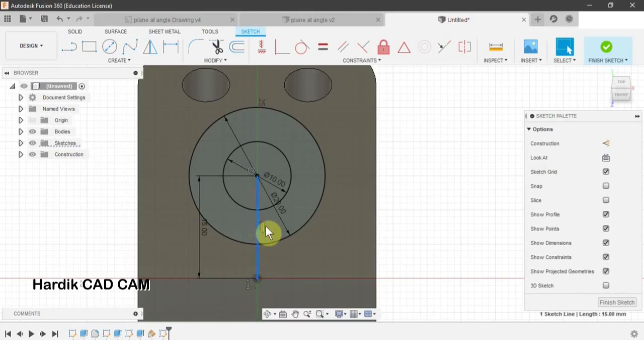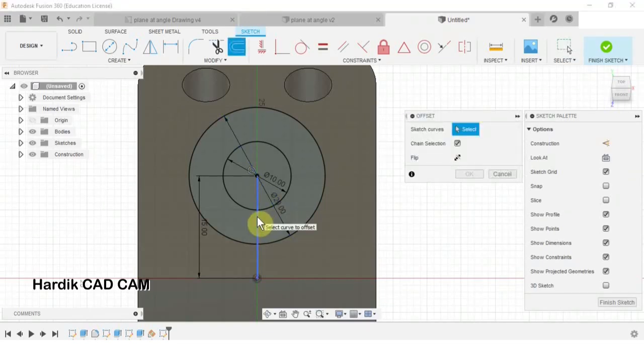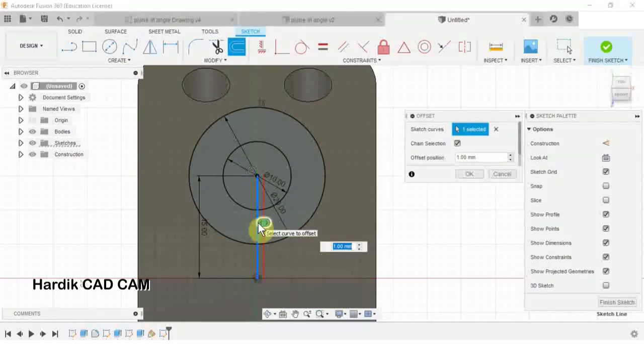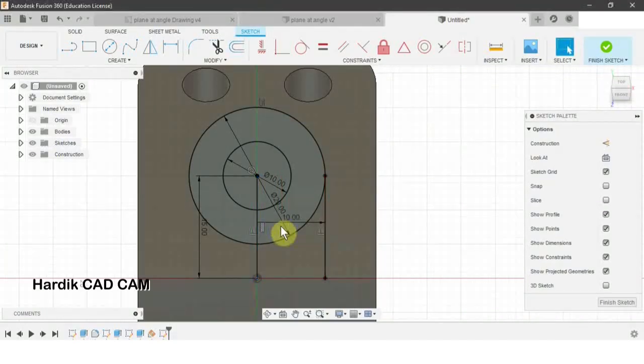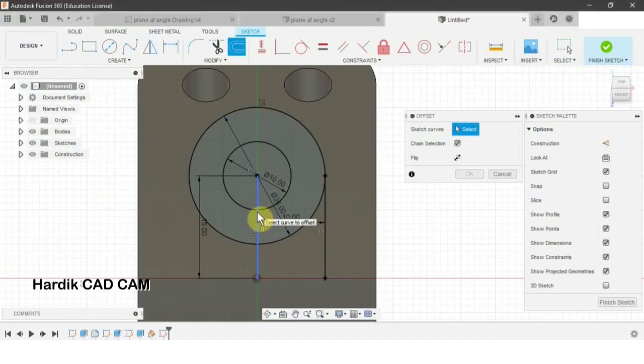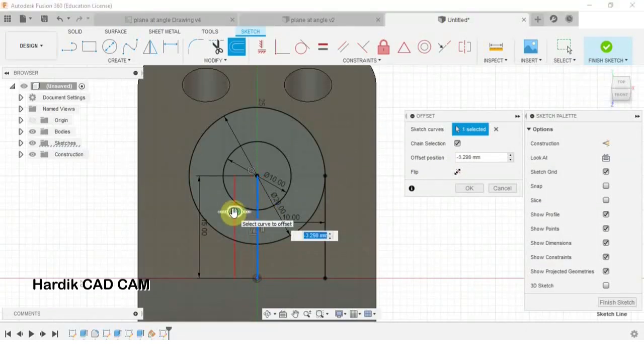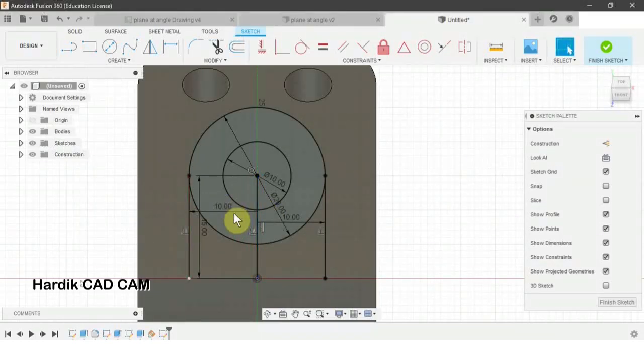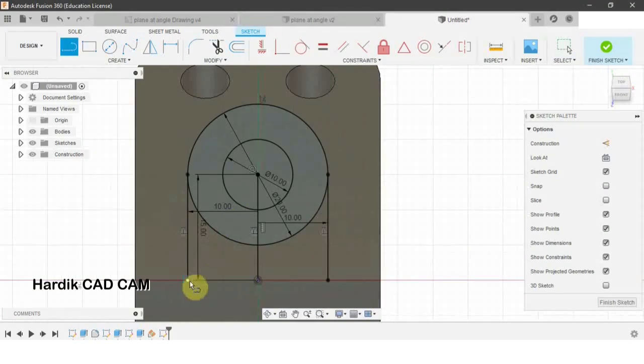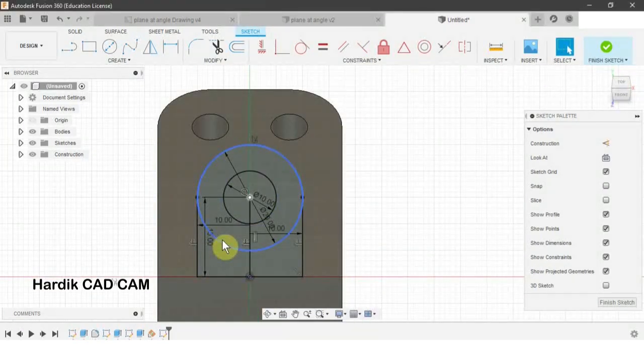Now we will offset this line on both sides. For that the shortcut is O. We will select this line and we will write down 10 and enter. Again we will offset this line on left side, minus 10 mm and enter. Now we will join these two lines like this. Now our sketch is ready.